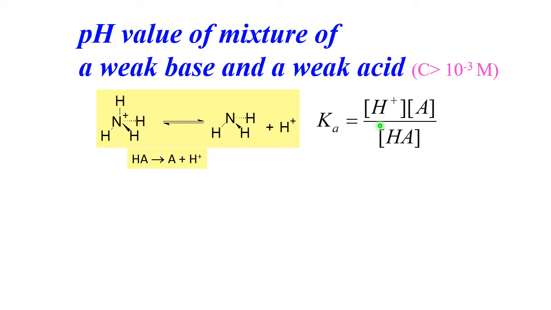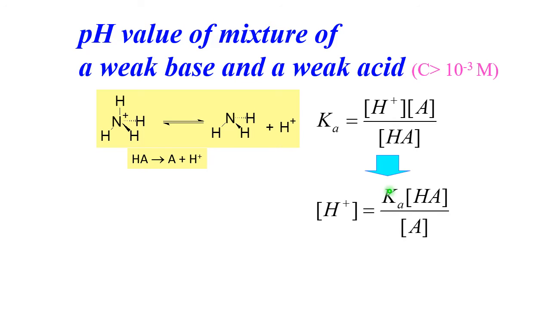The constant that describes this equilibrium is always the same. It's H plus by A, where A will be our NH3 and HA will be our ammonium. We can solve this equation for H plus. So Ka, HA, and A. We know Ka from a reference book. We do not know these numbers. So in the general case, we need to do all calculations for these two separately, and we'll end up with a cubic equation, and it will be lots